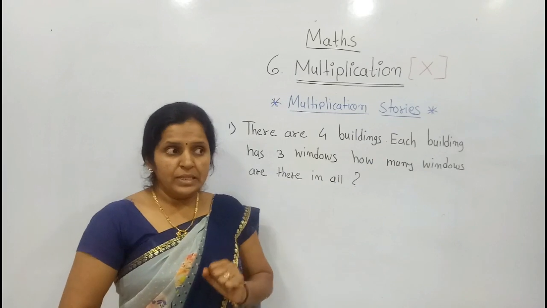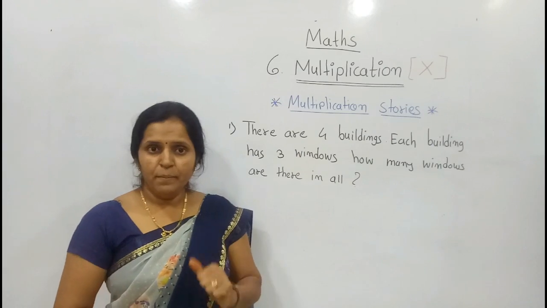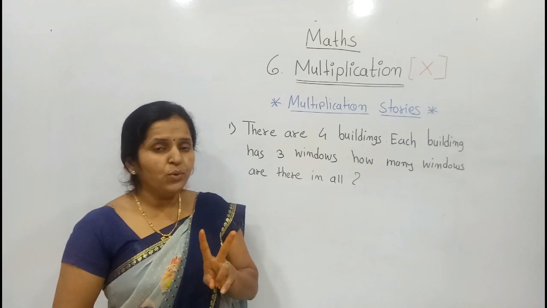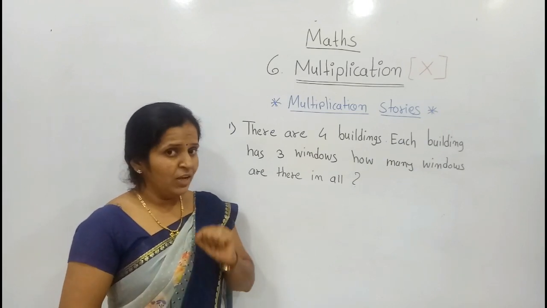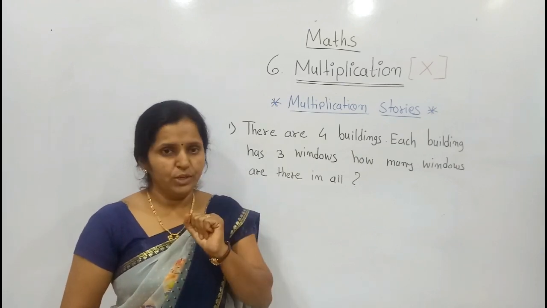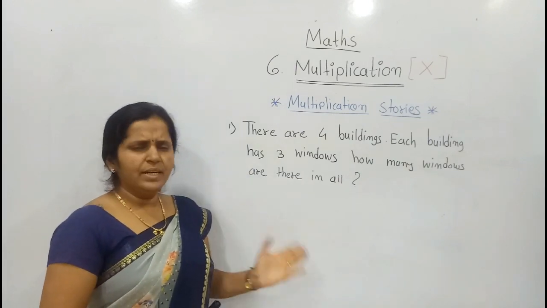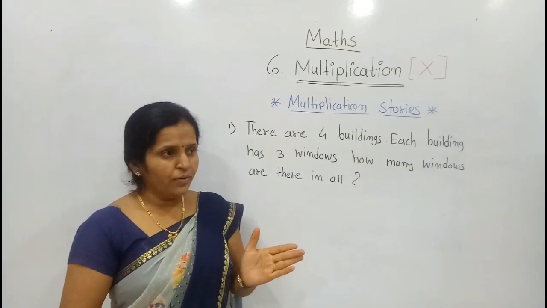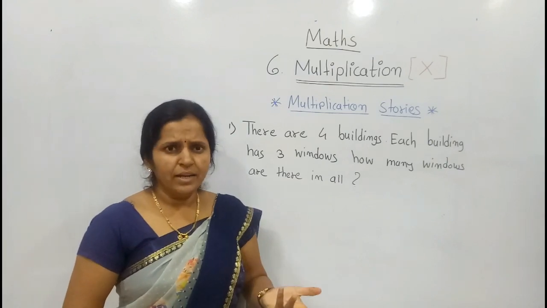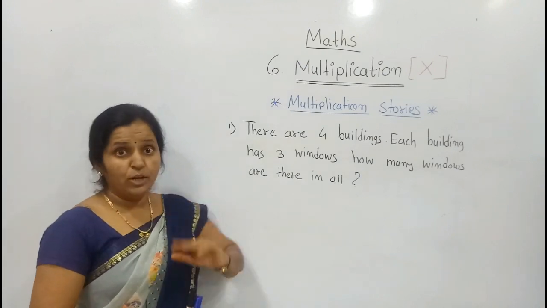Again, third example. There are 5 buses on the bus stand. Every bus has 2 televisions, 2 TVs. See, on the bus stand how many buses are there? 5 buses. Each bus has 2 TVs. एका बस मध्ये किती टीव्ही आहेत? 2. How many TVs are there in all? Firstly take the group, 5, into each group has 2 TVs, means 2. 5 into 2 means 5 2s are 10. Means there are 10 TVs in those buses. With the help of this we can identify the quantity.